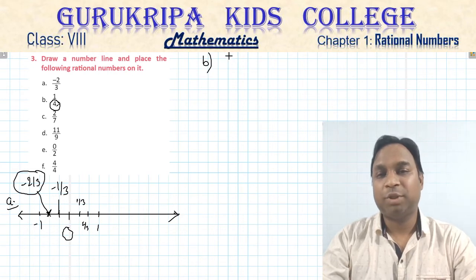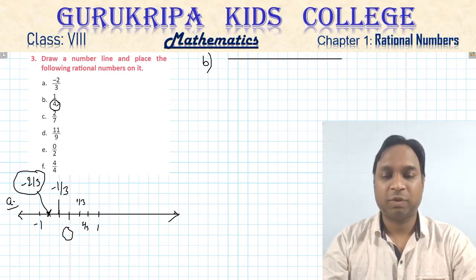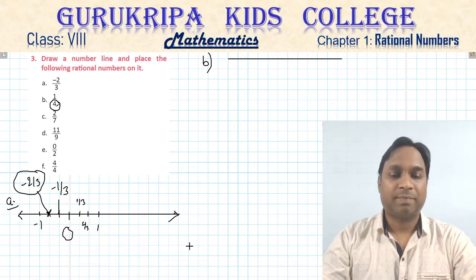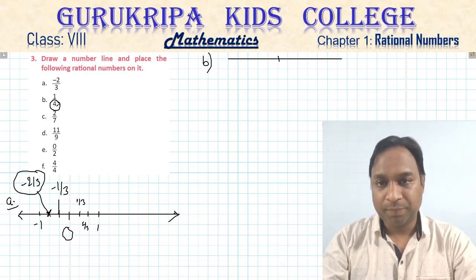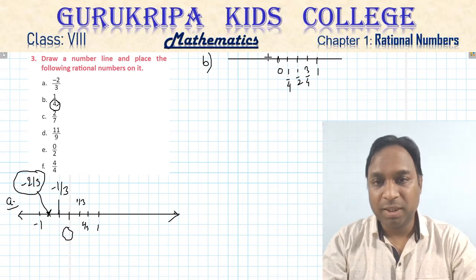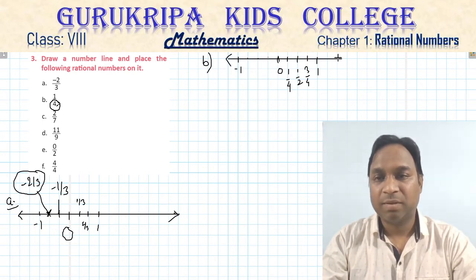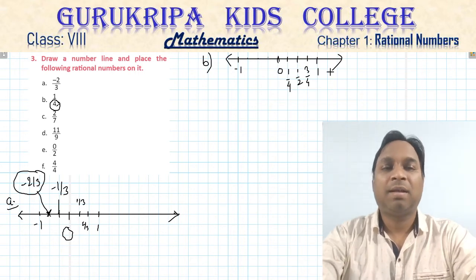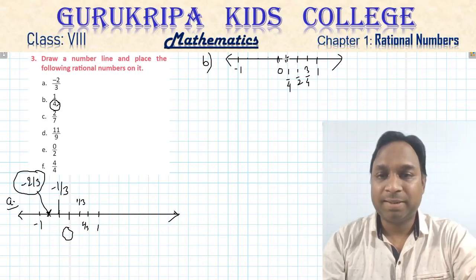Line should be straight. Use a scale like this. Okay. And then there will be a 0. And you can say first one to be 1 by 4. Second one to be 1 by 2. Third one to be 3 by 4. Fourth one to be 1. Similarly, 1, 2, 3, fourth point will be -1 over here. So you got this 1 by 4 on the number line. Here it is.